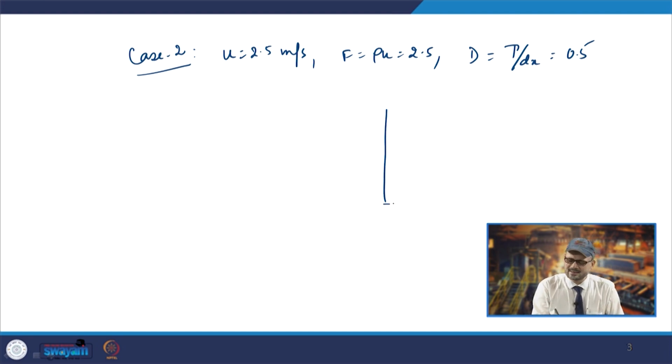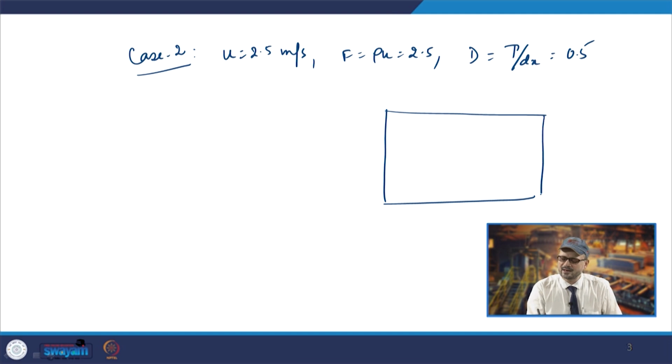So, in that case, if you try to compare it with the analytical solution, the analytical solution is seen to be here. So, you have phi here. One is there, and on this side you have a distance. On this side the distance also is 1.